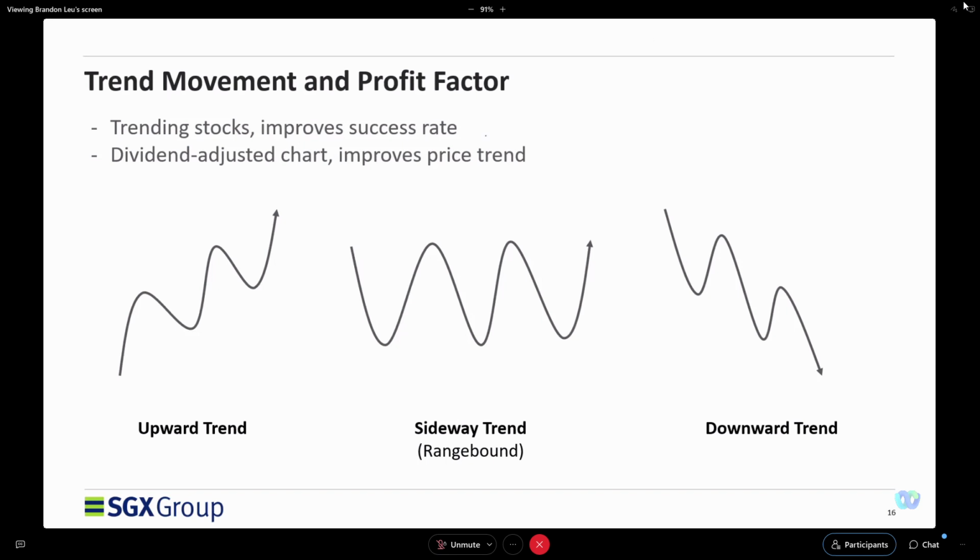So why I put this trend movement and profit factor is very simply that a lot of times when we do trend trading, we've forgotten that we're doing trend trading. If a stock does not have any trend, how are we going to trade a trend? But for newer traders, there's a tendency to think, oh, I'm not so sure. As long as there's a signal, I'm going to buy, and I think that the stock has a potential of moving higher. But the stock has been going sideways for so many years.